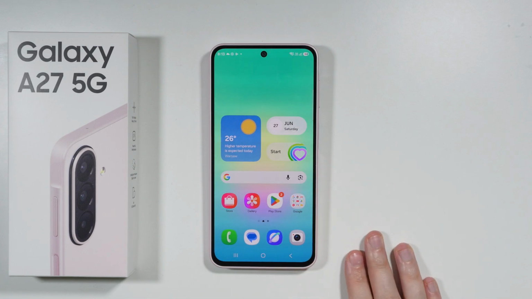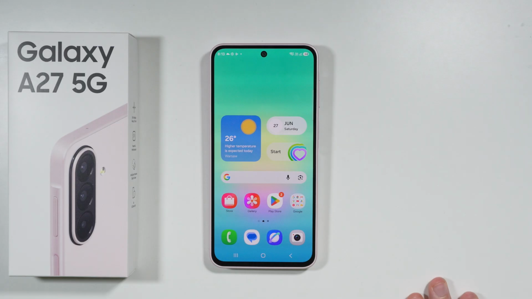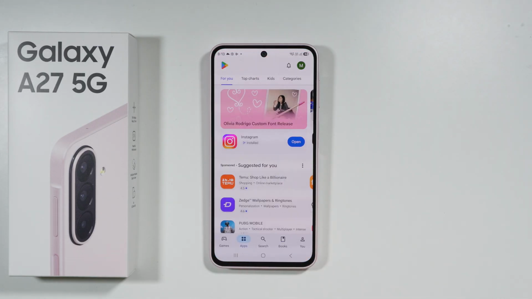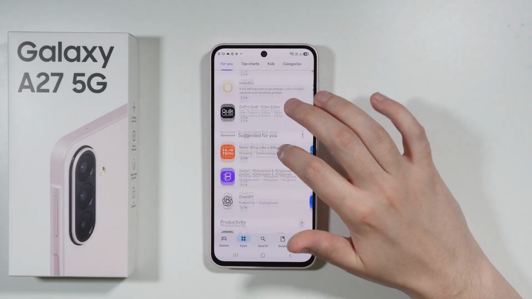If you want to download apps on Samsung Galaxy A27, then we have two methods that allow you to do so. You can, for example, use the Play Store. In order to use Play Store, you need to have a Google account on your Samsung Galaxy A27. And once you do, then over here, of course, we can try to find whichever app you want to install